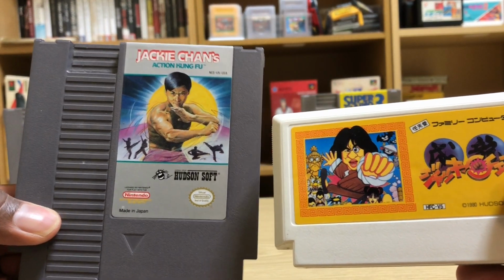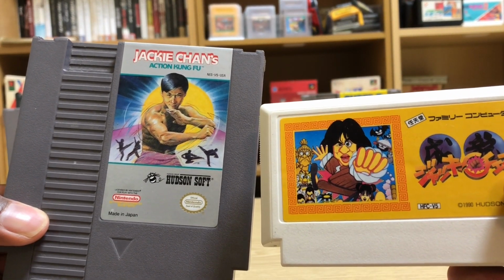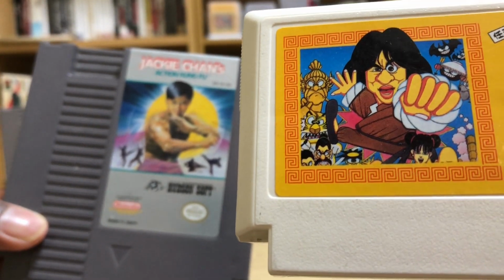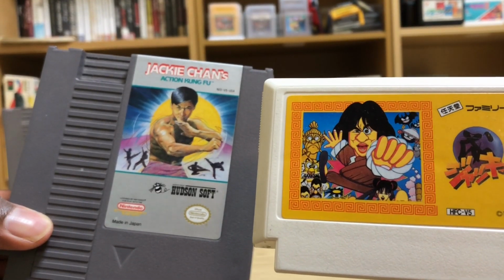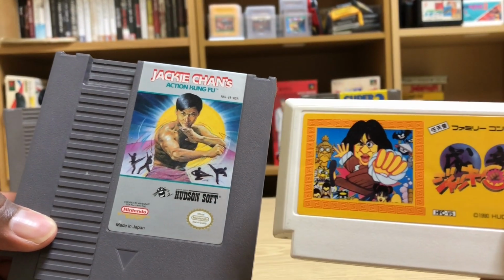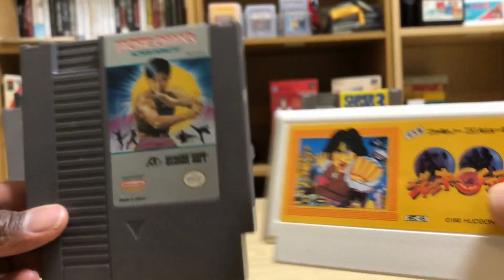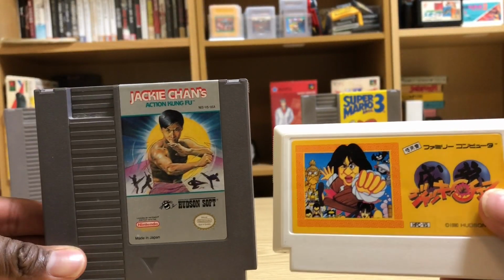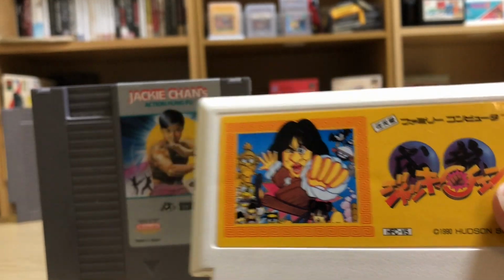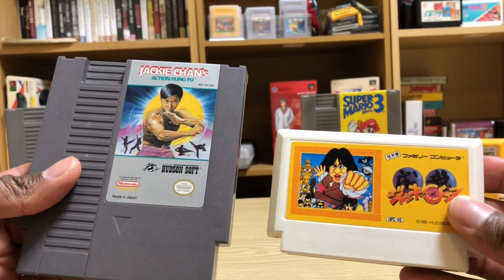I mean, I think the art's good on both of them. I'm not a huge fan of the exaggerated Jackie Chan, the huge nose and everything, because that feels like a slight from Japan to Jackie. I know they love Jackie over here, but because this one shows you more what the game is like, I'm going to have to go with the Japanese version again. I like this one though. But there you go, Jackie Chan